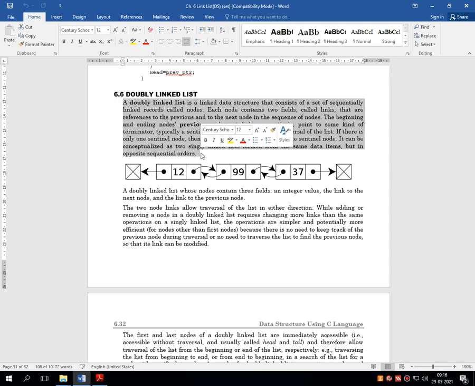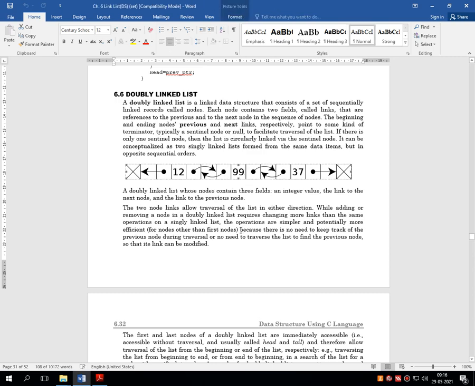Again, I am repeating my words. You can see one pictorial representation on the screen. In a single linked list, generally what happens? The connection between the first and the second node, or in between two nodes, is a single reference. While in a double linked list, it contains two references.